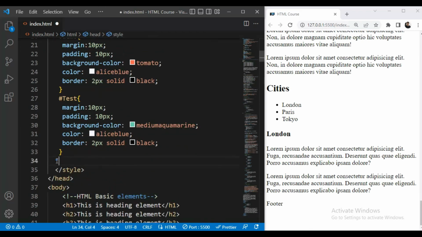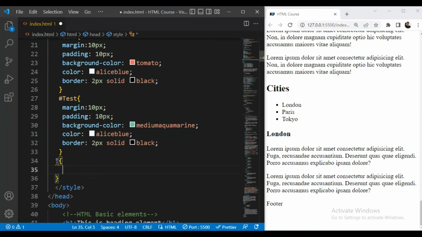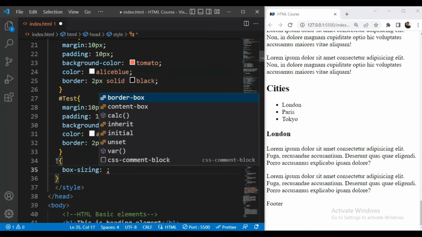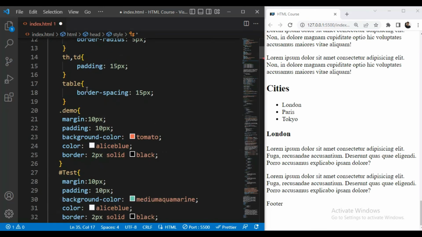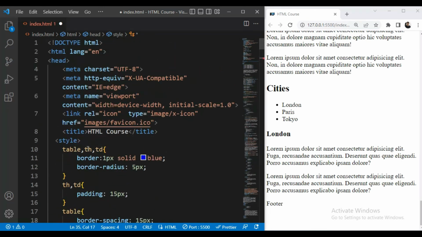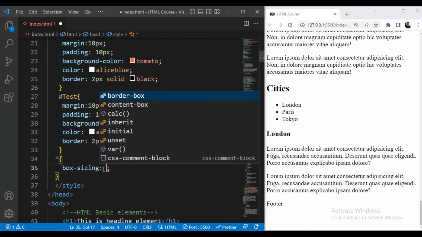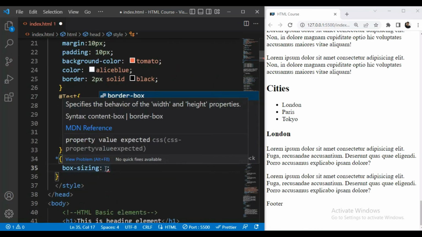So first we'll add star and we'll give box sizing. In general we give this in the starting, when we start our CSS, when we start our styling, but now we are going sequentially, so it is okay, we can write it here.